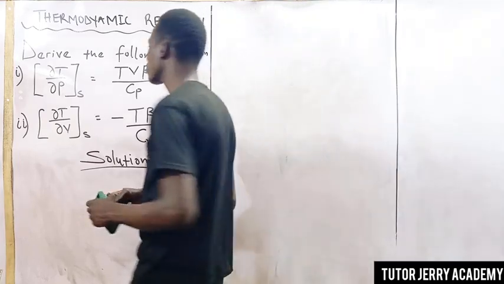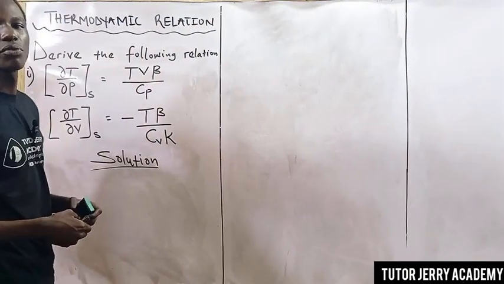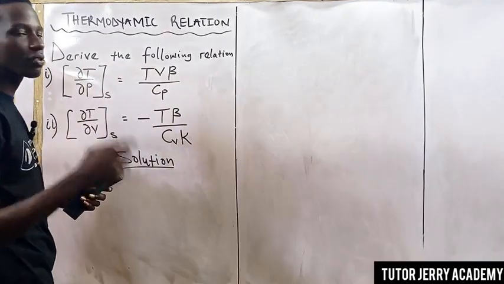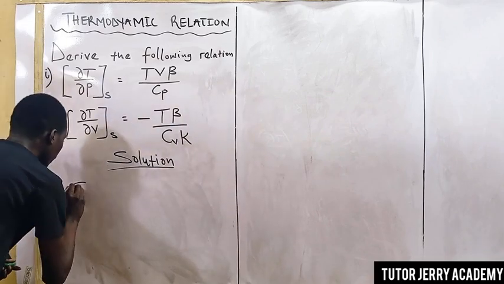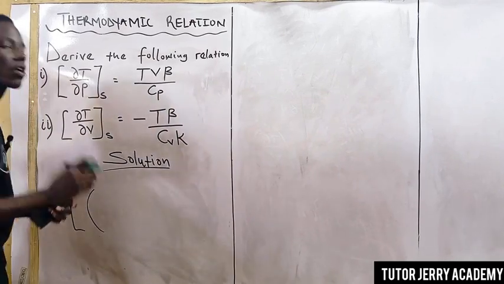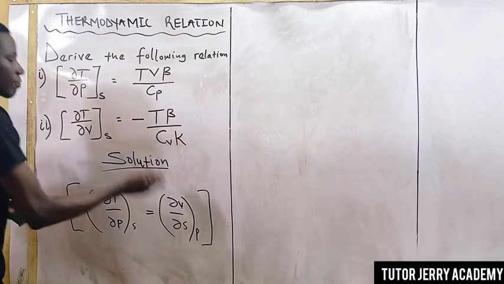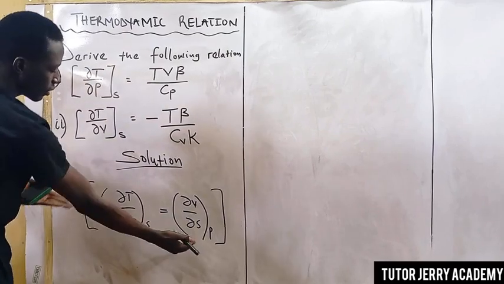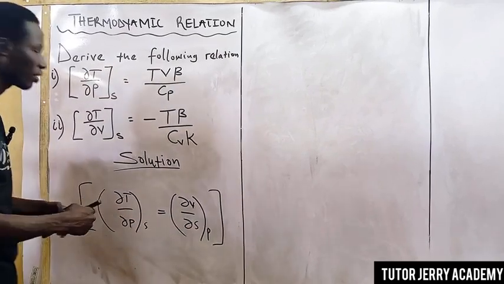In order to derive these relations, first we are going to be making use of our Maxwell relations. So the Maxwell relation we are going to make use of says that this is the Maxwell relation we are going to be making use of. Now I can rewrite the right hand side of this Maxwell equation as